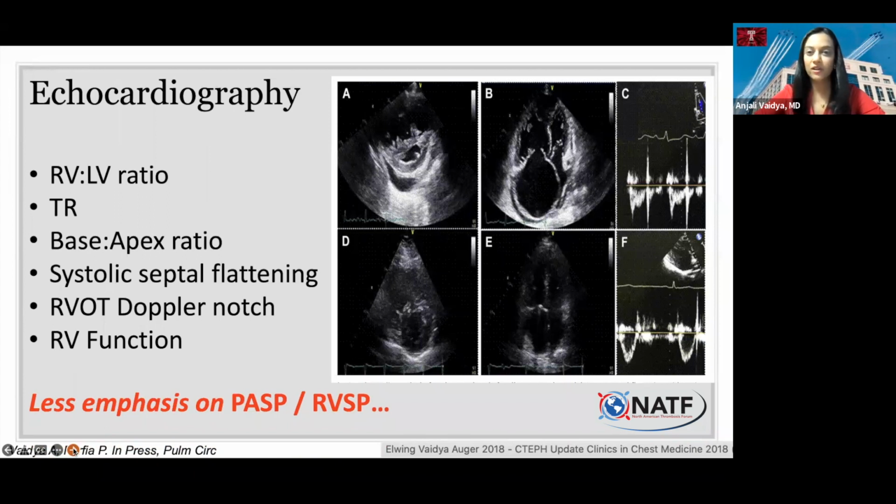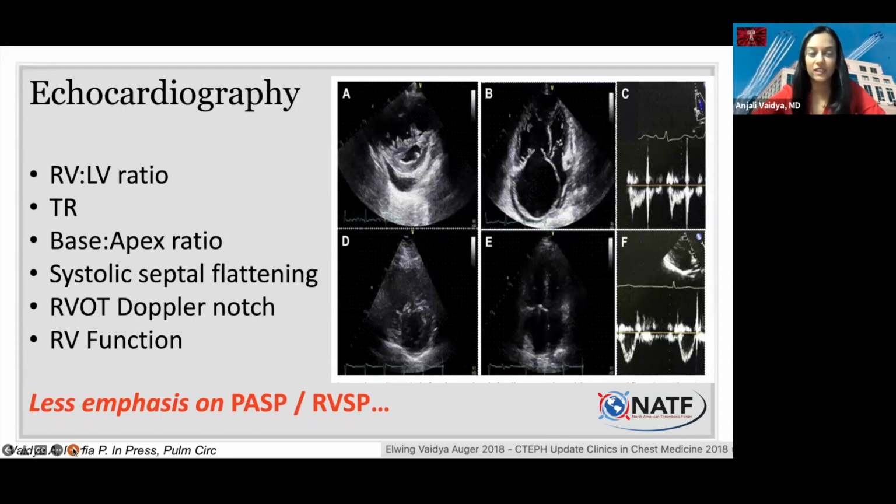What I've put in red, I'm going to start with, because the pulmonary pressure estimation, that's the PA systolic pressure or the RV pressure, is what often originally brings suspicion to your doctors that, hey, there might be pulmonary hypertension here because there's an estimation of a pressure that's on the higher side. And that is really important in an initial screen, an initial evaluation. But the reason I'm saying there's less emphasis on that is because as we sort through getting to understand what's going on with our patients, we actually look at many more features of the heart specifically.